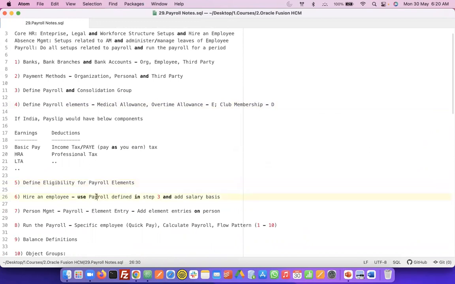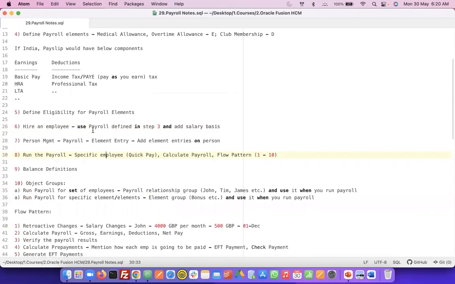When you hire an employee, you attach the payroll first of all to the employee, and then you add a salary basis. After that, you go into a person management screen and you add those element entries, whatever payments or deductions the employee is eligible for. And then, during the month end, after you do all these setups,